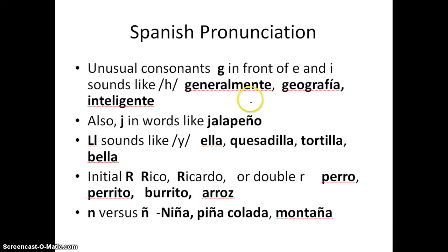Several of the tricky consonants in Spanish, the letter G, sometimes it sounds like G, like in English. For example, the word for cat, which in English is C-A-T, in Spanish G-A-T-O, would be gato. However, when G is followed by E and I, it sounds like the English H. So for the word generally in Spanish, you pronounce this G, H,